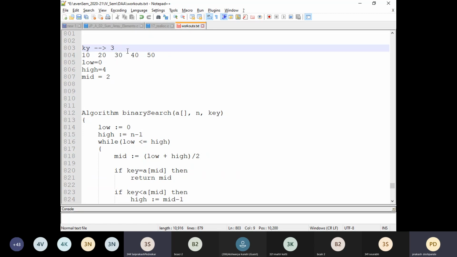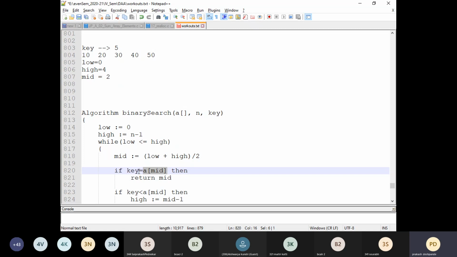Now let us try an unsuccessful search. Let me take the key value as 5 here. Okay, now what will happen, students? Here key is 5 and A of mid is 30. Are they equal?